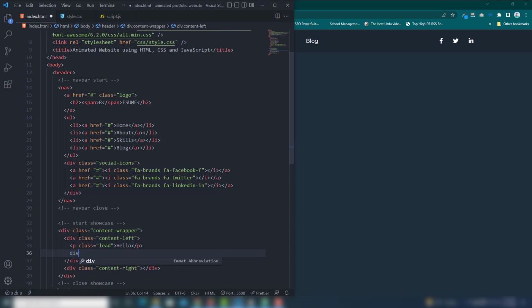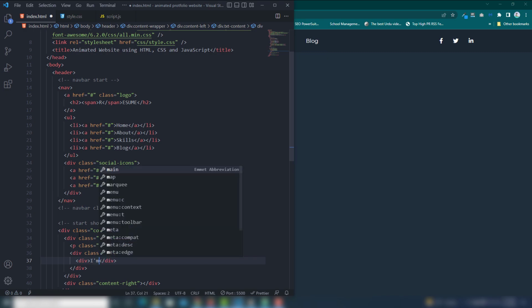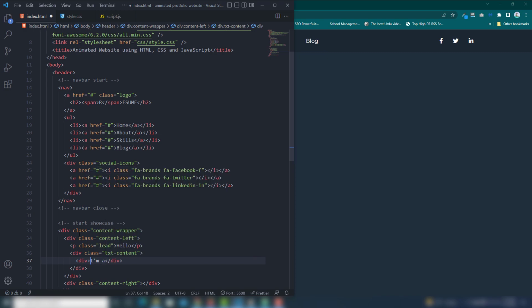Then I'm going to create a div. Inside the div I'm going to call the text content. In the text content, I will create more than 2 divs because I will animate them. So you need to use them inside the div. So I call the div and you need to assign the class normal txt.